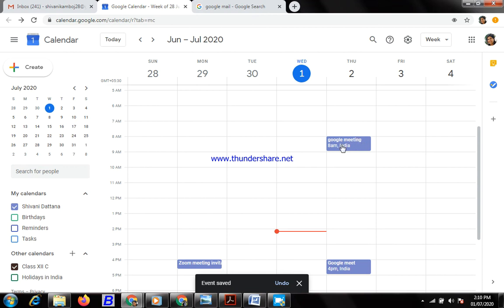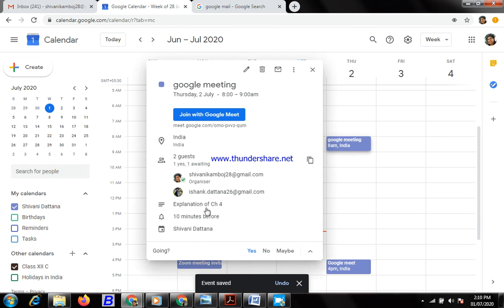When you click this tab, you will get that there is a meeting on 2nd July, and you will get the link also. You can copy this link and send it in any other way also. If you want to send it to your participant on WhatsApp or any other software, you just copy it and paste it over there. So you get the link over here, and this link automatically goes to the participants